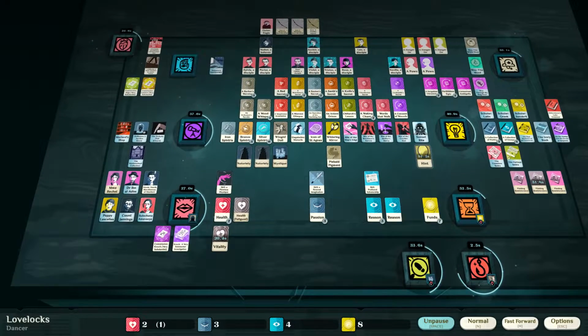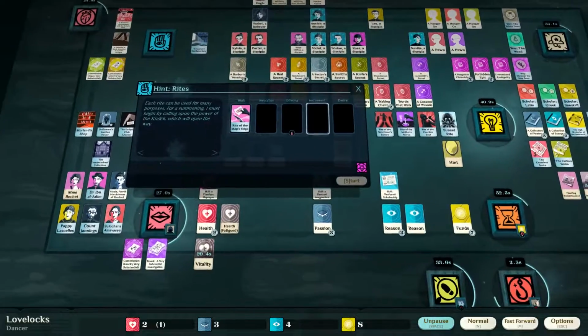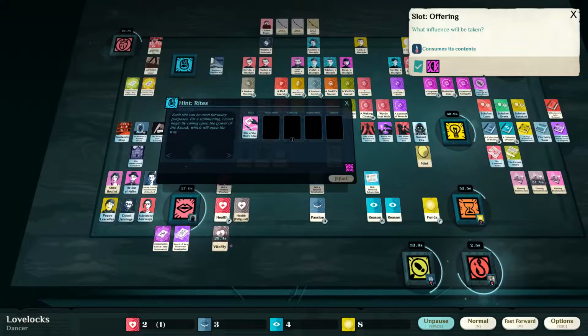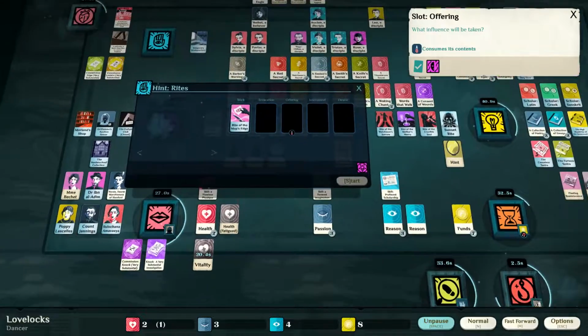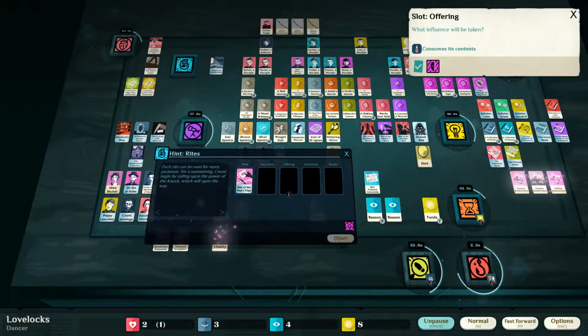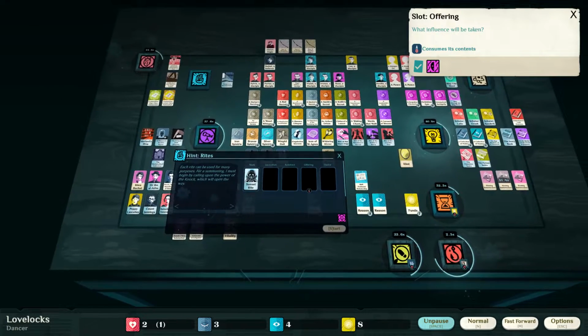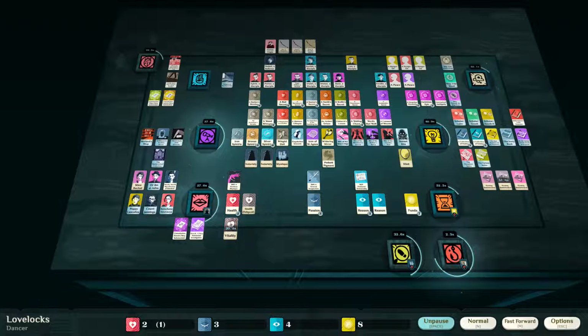I don't have any really powerful influences. I still have the instrument. That's using an influence though. So if I'm going to perform a rite, it's gonna have to be one that doesn't involve influences, unless I can get one. No, because we're dreaming about healing. I still have 91 seconds, so